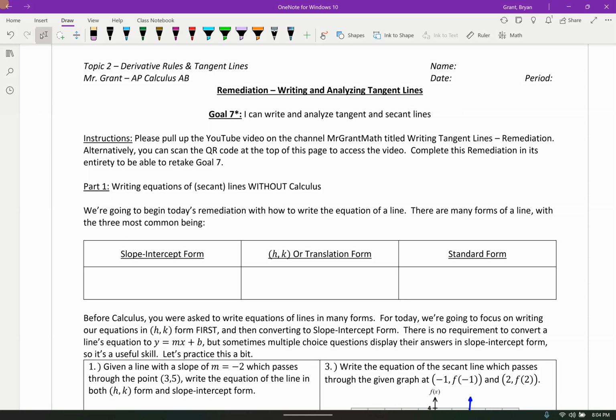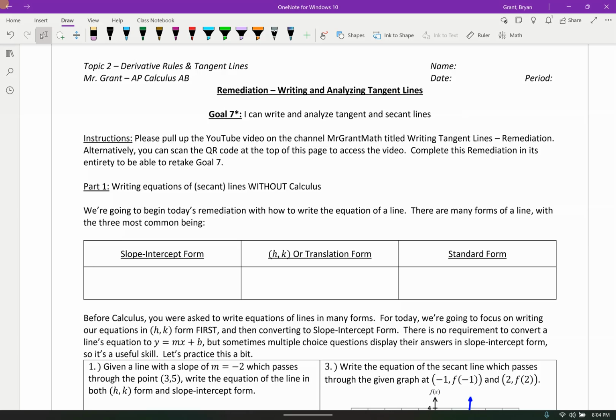Hello, AP Calculus students. This lesson is a kind of strange one. It doesn't really fit into our curriculum of like lesson 2.1 or 2.7 or something. I really designed this lesson to be viewed kind of after you've tested on topic 2, derivative rules and tangent lines, or maybe you're prepping for a test and you're still a little bit unsure of how to do derivative